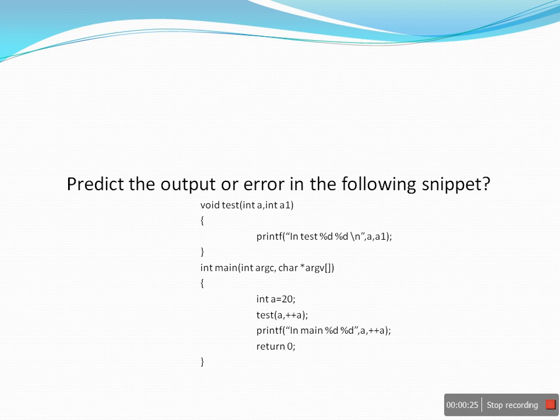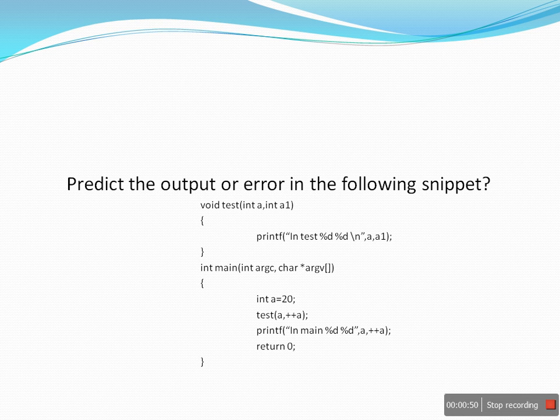In the main function, we declare one integer variable a equals 20. Now we call the function test(a, ++a), and then we print the value of a and ++a. So what is the output of this question? In C, every program starts from the main function. First it will read integer a equals 20. So in the function call test(a, ++a),